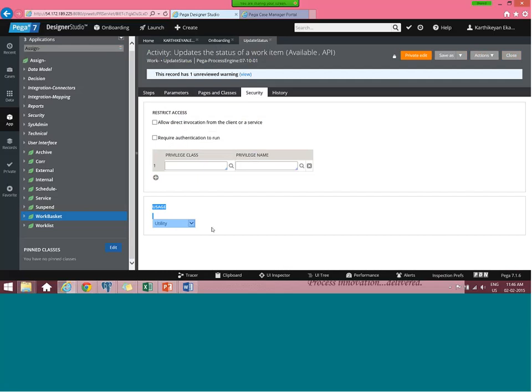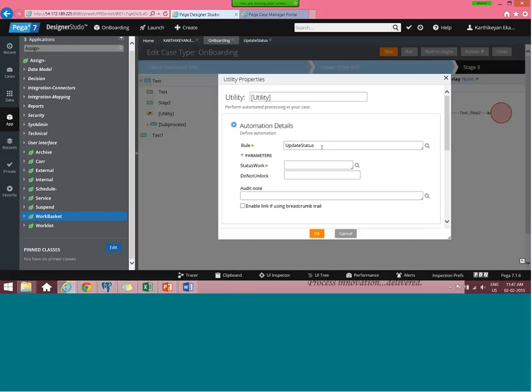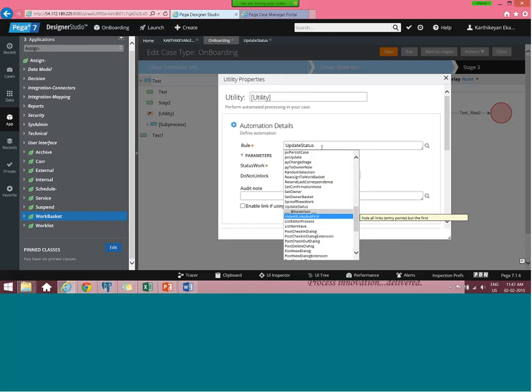If you are not setting the activity type as utility, it will not be referenced and will not show up here properly. If I click the drop down, only activities of type utility will be present here.